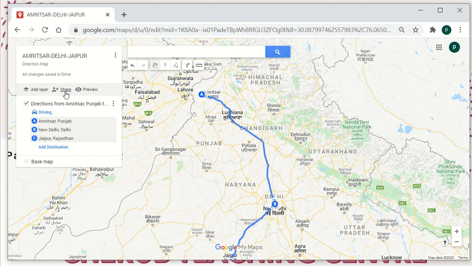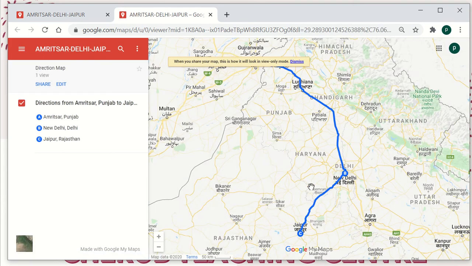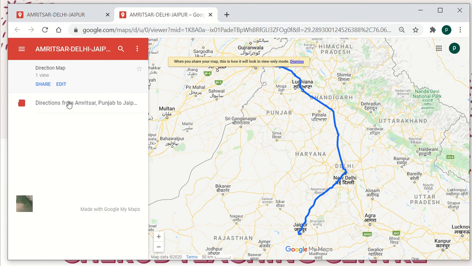Okay, but before I share it with another person, first and foremost I should be able to preview it. So I will be clicking on the preview option, and this is how my map is going to look to the person with whom I'm going to share it. And what exactly they can do is, if they click on this option over here,